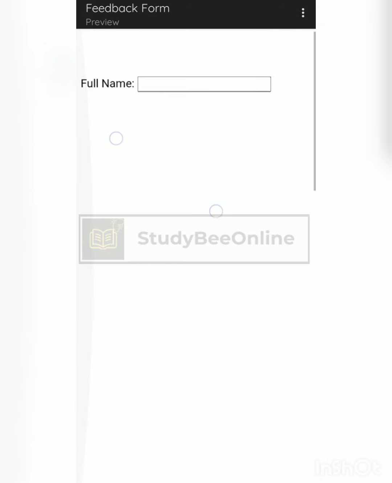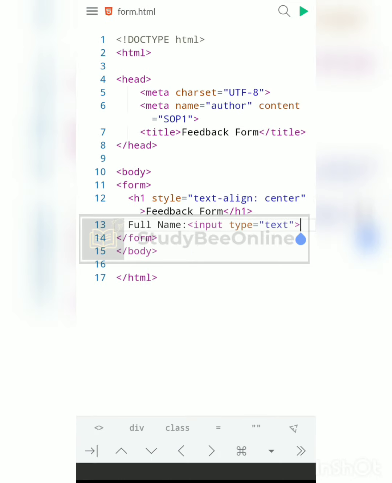Yes, it's correct. We have got feedback form as heading. On the left hand side, the first field is a text field with label full name. Let's add the next one. We also have to accept the email address of the user. So I'm writing here